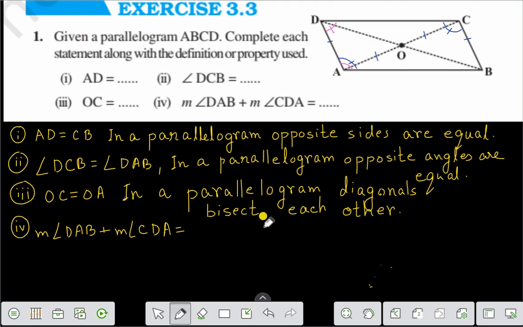Therefore, you can say that in a parallelogram, the adjacent angles are supplementary to each other. Therefore, measure of angle DAB plus measure of angle CDA is equal to 180 degrees. The reason is that